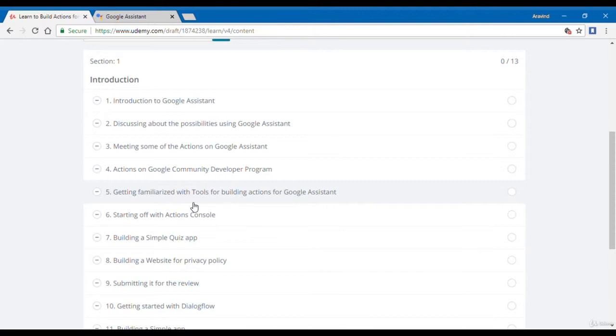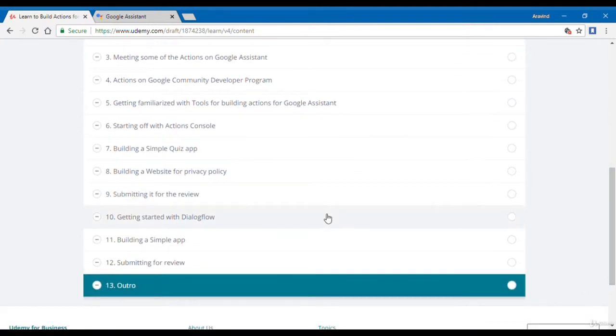Then we are going to start with Actions console. That's one of the main things. After getting familiarized with that, we are going to build a simple quiz app using it. There we will be using templates and all, so we can talk about that in detail later. Next we are going to build a website. Building a website is necessary to host the privacy policy of the app we are going to build. Next we will be submitting it for review, and then we will get started with another tool named